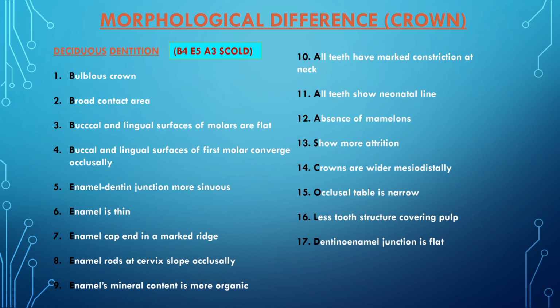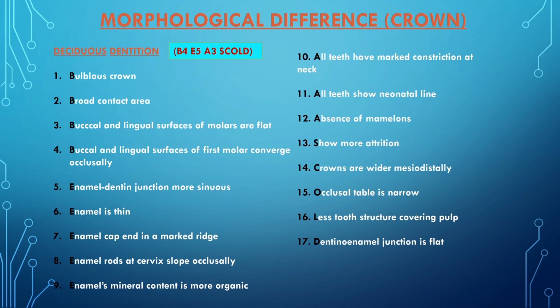The 5 E's stand for enamel dentin junction, which is more sinuous, enamel is thin, enamel cap ends in a marked ridge, enamel rods at cervix slope occlusally, enamel's mineral content is more organic. The 3 A's stand for all teeth have marked constriction at the neck, all teeth show neonatal line and absence